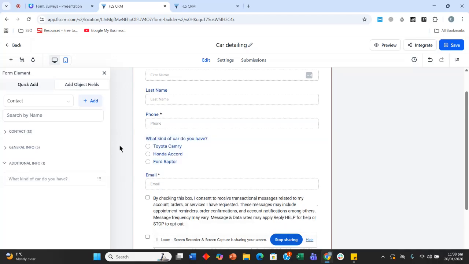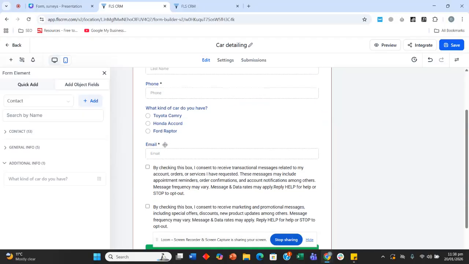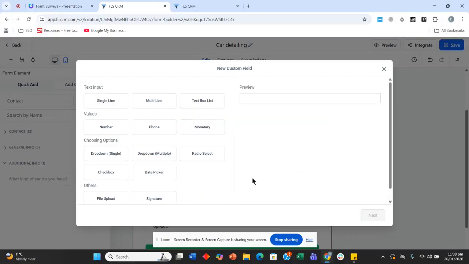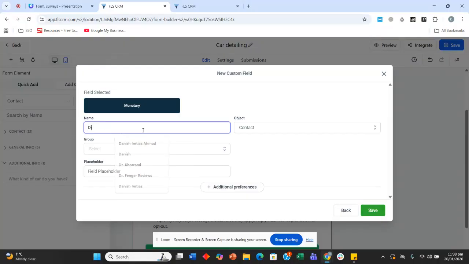So we just want to add conditional logic on all three of these radio buttons, and we are going to show a field saying that if they have a Toyota Camry, they can get a discount, right? So let's just do that, right? We can do it, discount 10%. And this will also be an additional field, and there is the placeholder,